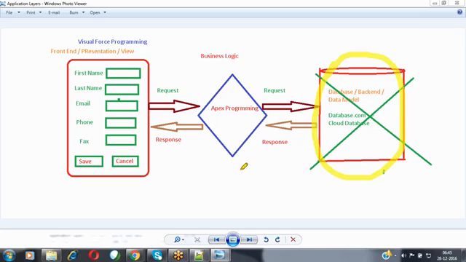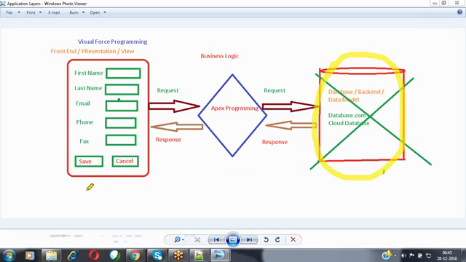Because as a programmer, we know how to insert a record and how to delete a record in different ways. It may be by using Data Loader, it may be by using Apex programming, or anything else. But my customers, my end users, my partners are not aware of how to write the code and how to execute the code to insert records and manage the records.